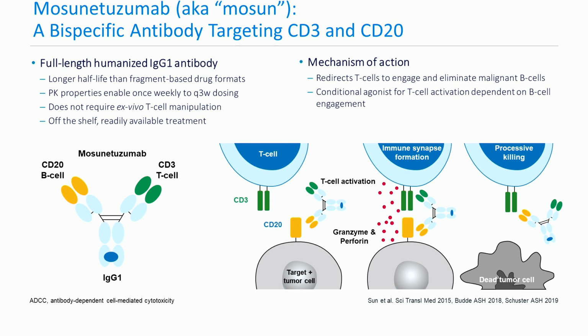The beauty of bispecific engagers is the ability to achieve durable anti-tumor efficacy through simply the simultaneous binding to T cells and the tumor cells, which creates an artificial immune synapse that activates the T cells, leading to release of cytotoxic granules and killing of tumor. This mechanism of action bypasses the typical physiological requirements, which involve antigen presentation, upregulation of co-stimulatory molecules, and the proper context of cytokine release. Notably, as a conditional agonist, the efficacy of Mosun can be achieved at subsaturating levels of target receptor occupancy.